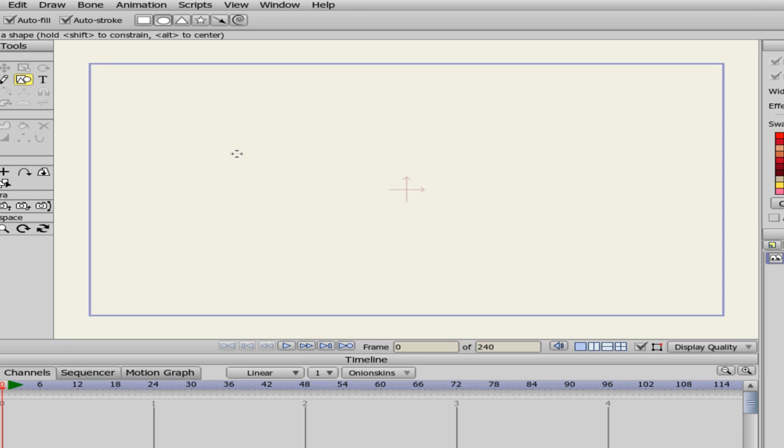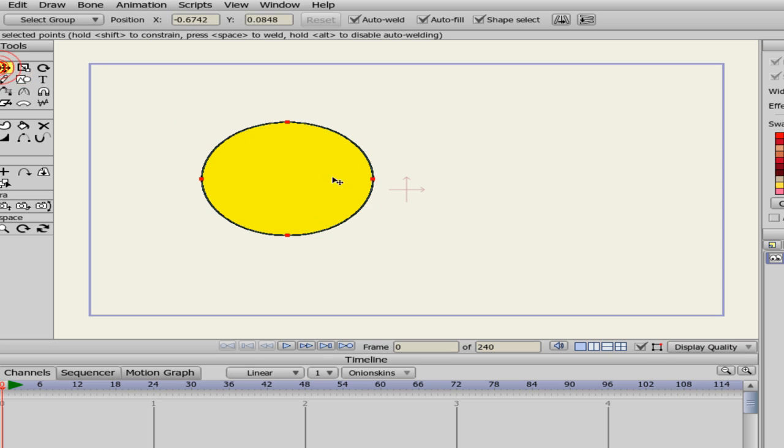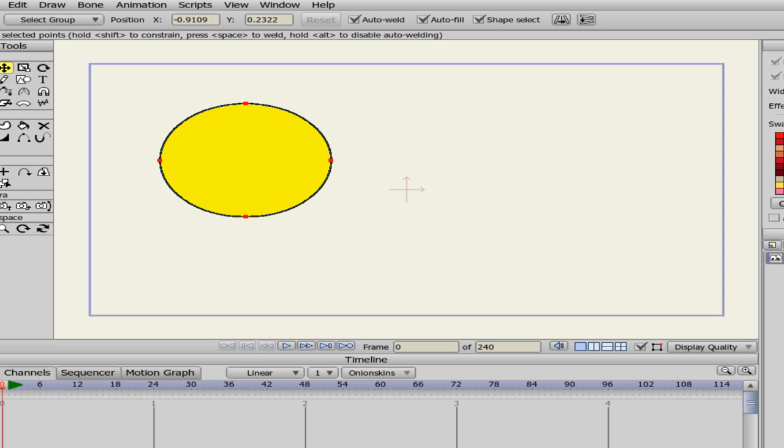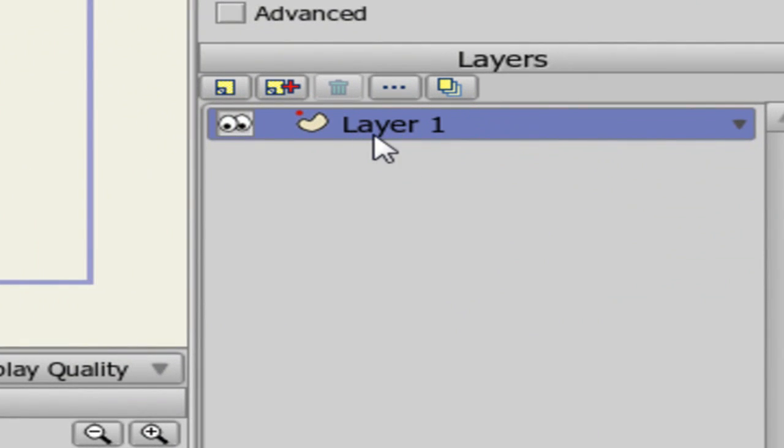So anyway, let's just make a circle. Here we go. There's our circle. I could rename it, but I'll do it in another episode. So this is layer 1, and layers basically mean how far back something is, or how close to the screen it is. And so this is layer 1, and here's our circle, and I'm going to make